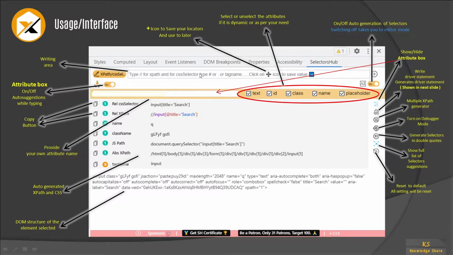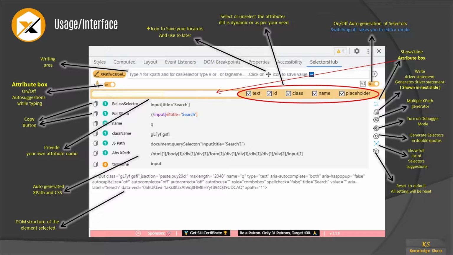That means if you want to hide something, like the boxes or the spaces which you are seeing here, you can hide them. Let's see one by one what these features are and how you can control this UI as per your need and requirement.